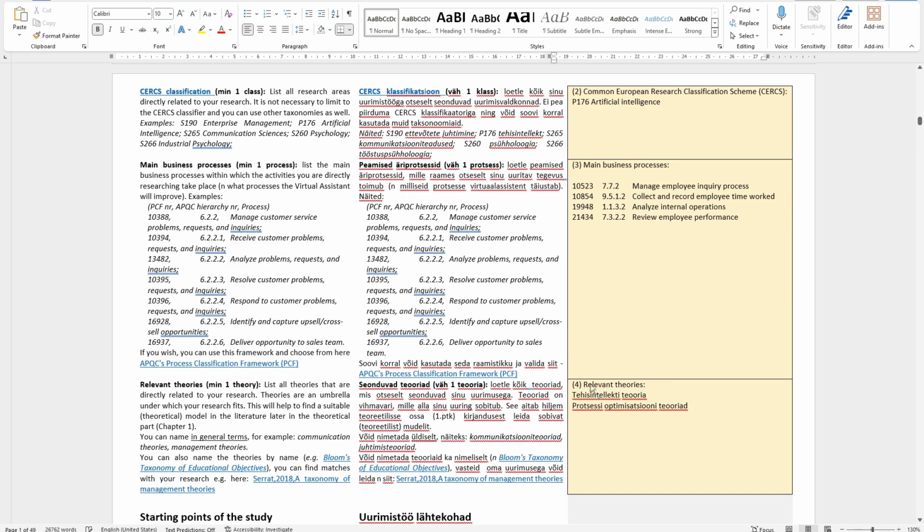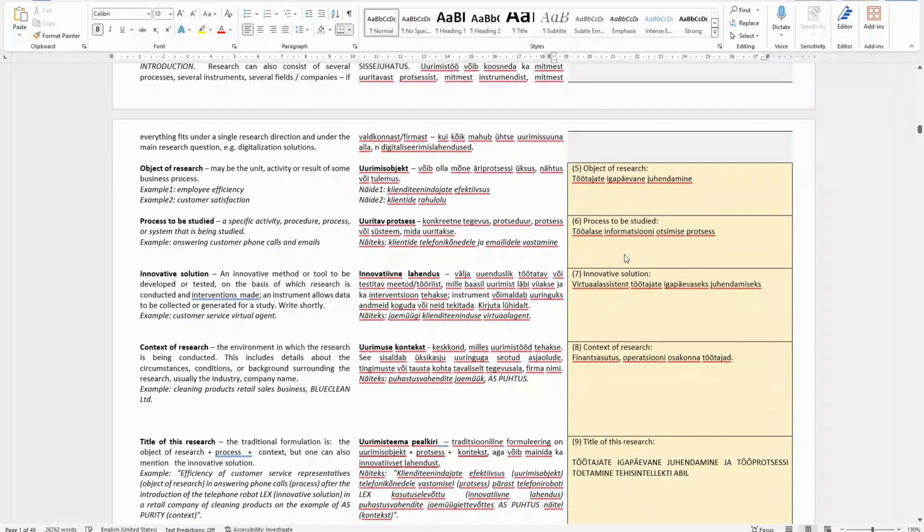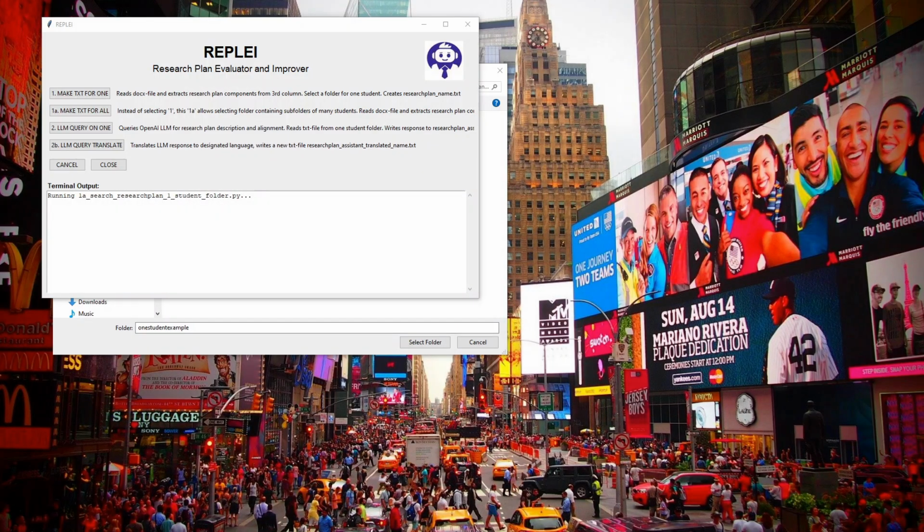Then followed by listing relevant theories, object of research, process to be studied, innovative solution, description, the context of research, and the title of research. So there are 64 fields describing the research which the student has submitted in the form of this research plan, which is a Microsoft Word document. So once we have this document, we can now